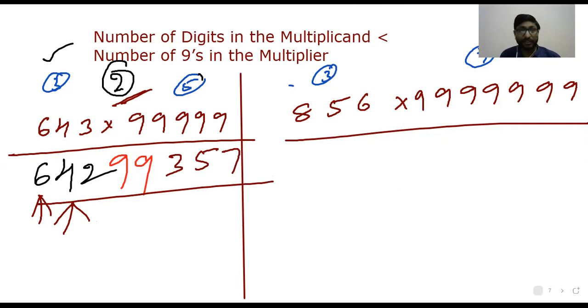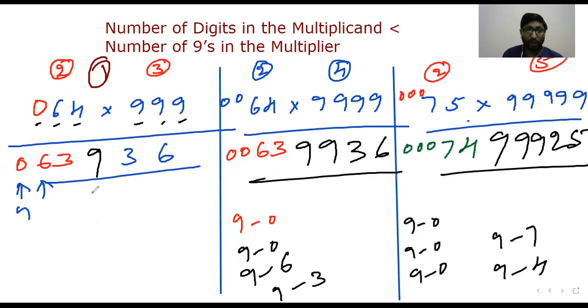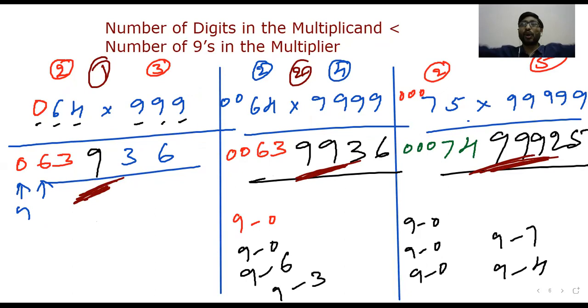See, the difference here is 1, we got 1 nine. The difference here is 2, we got 2 nines. The difference here is 3, we got 3 nines. No need to write zeros. No need to write anything. This is what makes understanding. I explain step by step. I'll explain a little more direct step in today's session itself.